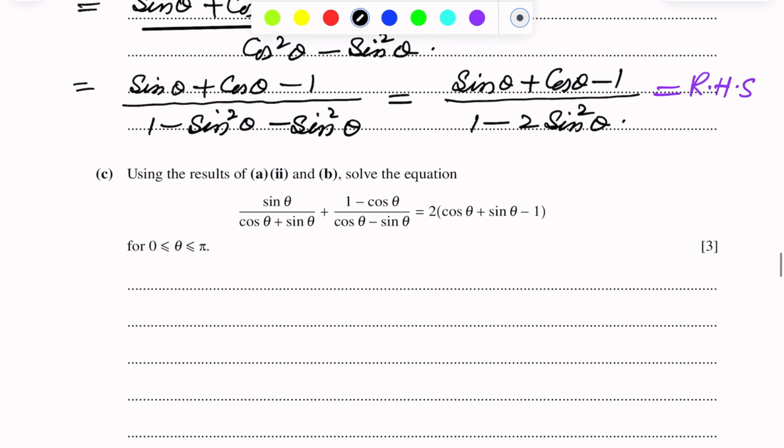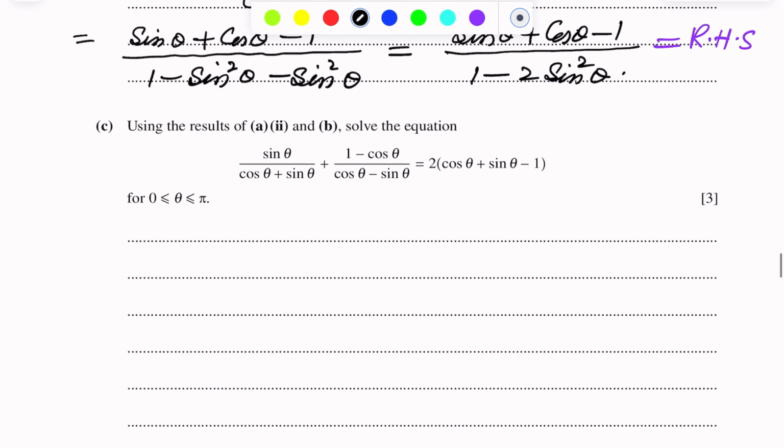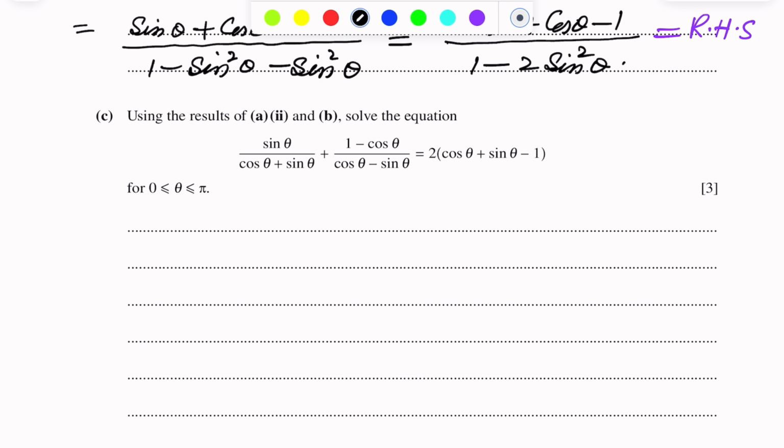In place of this left hand side, we are putting what we just proved: cos theta plus sin theta minus 1 over 1 minus 2 sin square theta